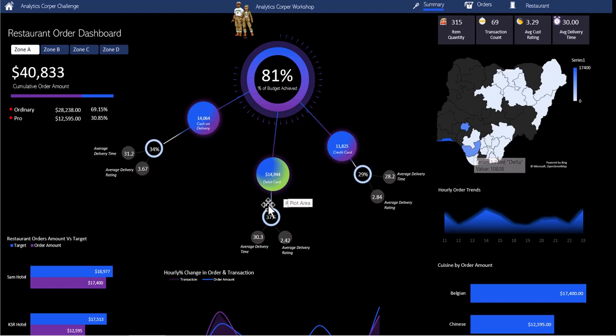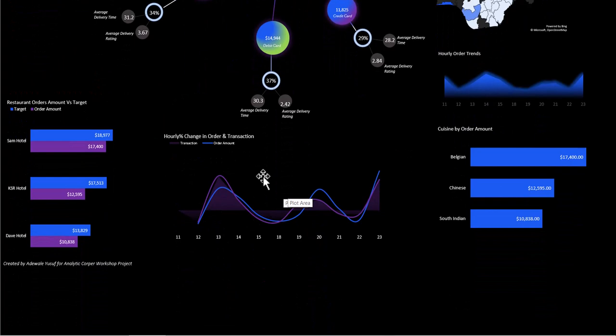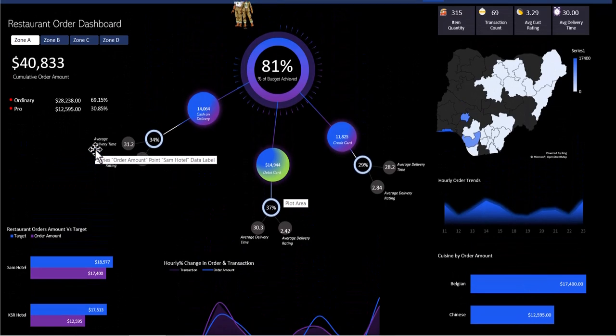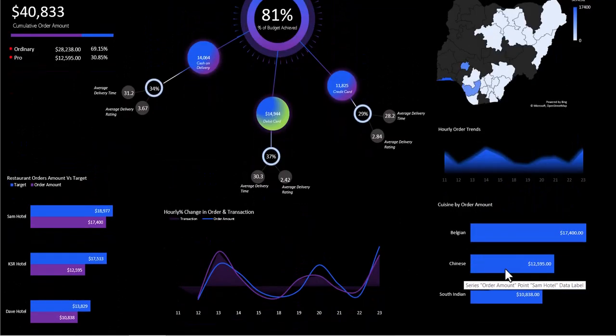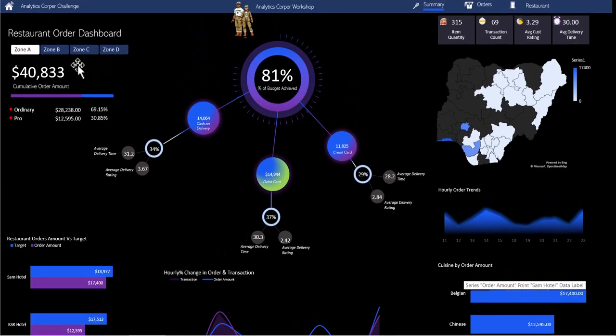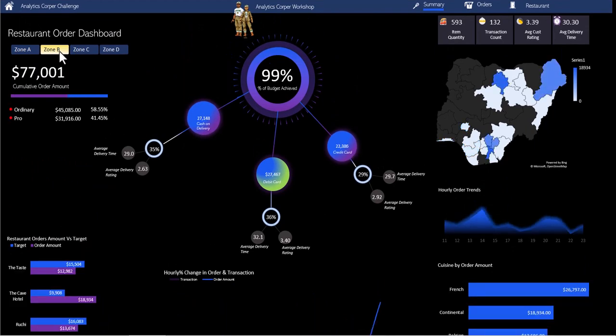particular zone, right? And if I scroll down here, you will see the hourly trend and the change of hourly trend in orders and transactions. You can see the restaurants here that fall under this zone. Look at their total amounts versus their budget. And you can also see the cuisine by other amounts. Right. So if I click on another slicer, this also shows me that debit card is doing well